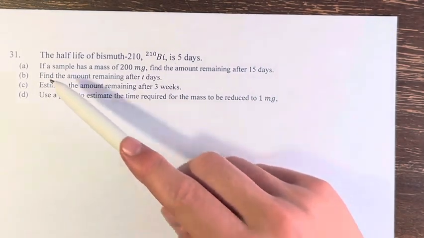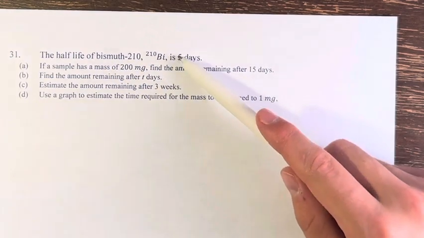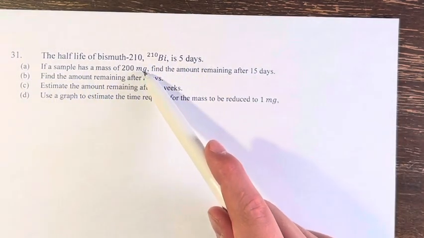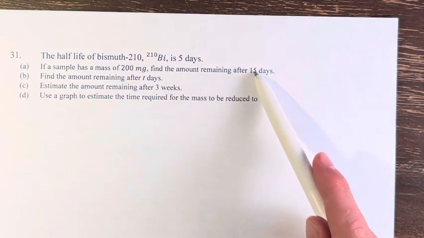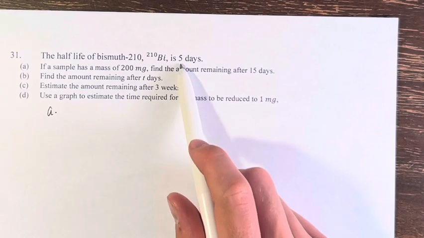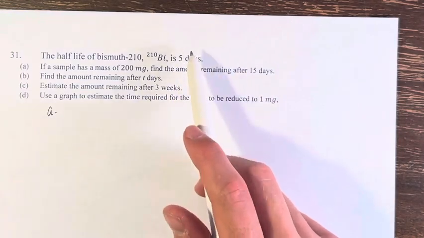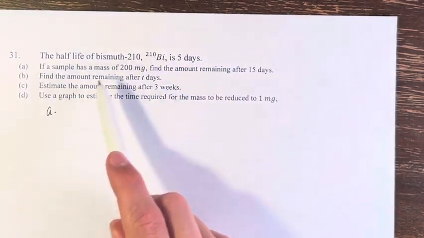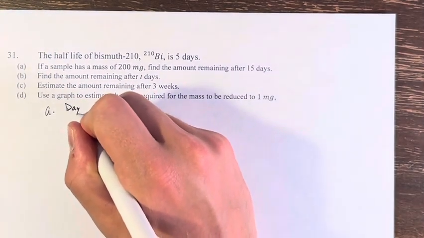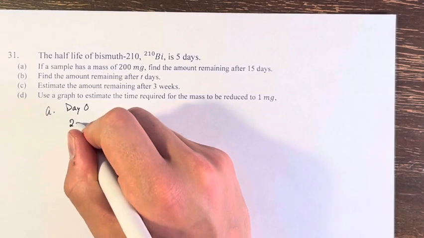In this problem, we're told that the half-life of bismuth-210 is 5 days. In part A, we're asked, if a sample has a mass of 200 milligrams, find the amount remaining after 15 days. So a half-life of 5 days means that every 5 days, the amount of the original is going to be halved. So if we start on day 0 at 200 milligrams,